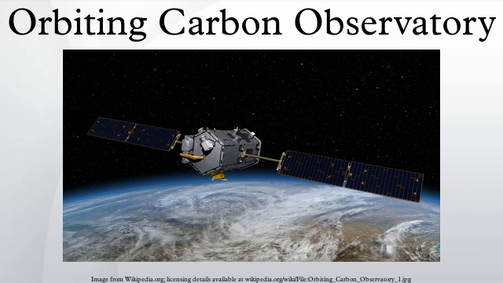OCO-2 was initially scheduled for launch on July 1, 2014 at 2:56 a.m. PDT aboard a Delta II rocket, though that launch was scrubbed at 46 seconds on the countdown clock, due to a faulty valve on the water suppression system that is used to flow water on the launch pad to dampen the acoustic energy during launch. The rocket launched July 2 at the same time.